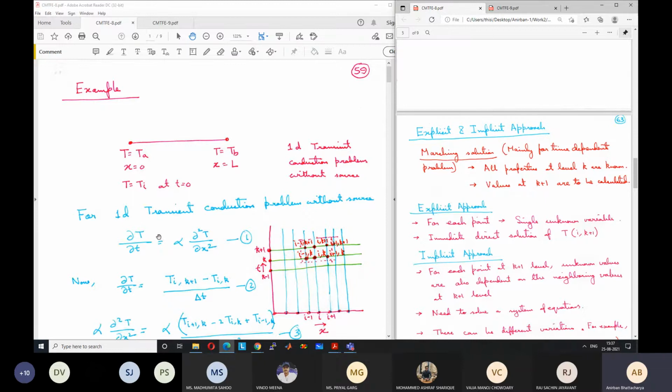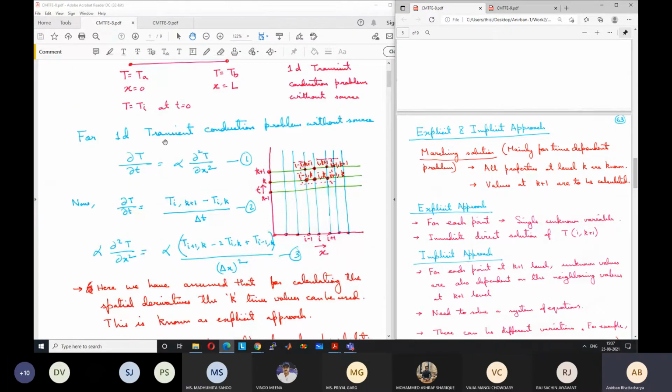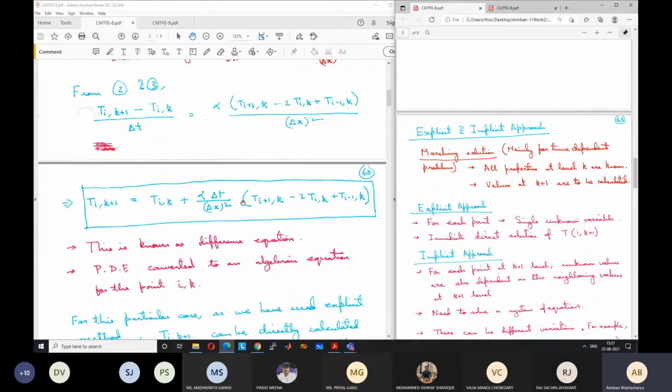In that, we took the governing equation for the 1D transient heat conduction problem, and we replaced the derivatives with appropriate finite differences, based on the Taylor series approximation that we studied in the previous class. Ultimately, we found that we can write the equation in this form for each control volume, or each grid point. In this case, it's not a control volume, it's a grid point.